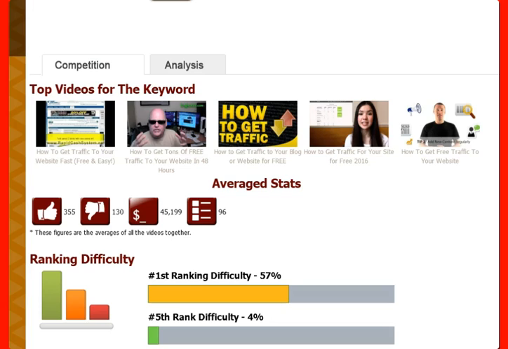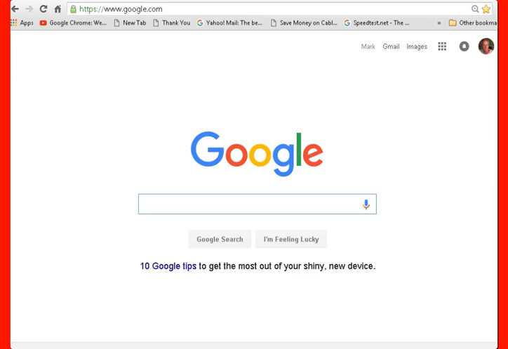So let's go ahead and go to some more of the tools that I use to be able to go further into this, because we're going to build a platform. We want to make sure that we get our platform and our traffic driving to our videos, and it's all good keywords that we know are going to send good traffic to us and not spamming. So let's go ahead and go to the next tool that I use and show you that. This is the next tool that I use,